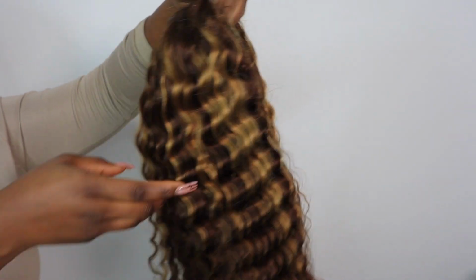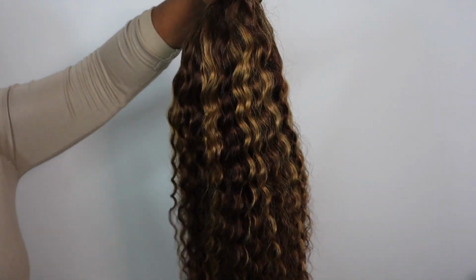So when I got the wig initially, it had like this really yellow undertone, so I had to tone it with a purple shampoo. So if you guys want to see what purple shampoo I used and how I styled and defined the curls, then make sure you stay tuned and carry on watching,